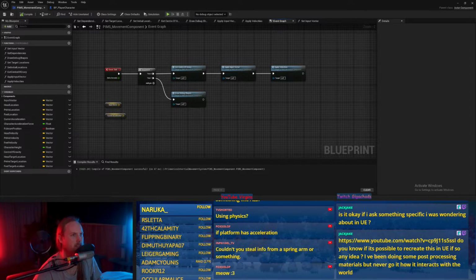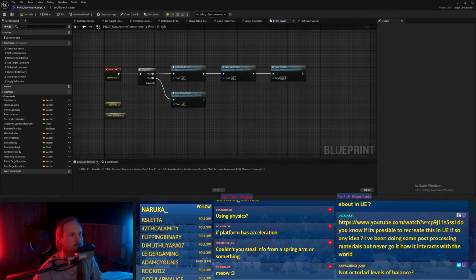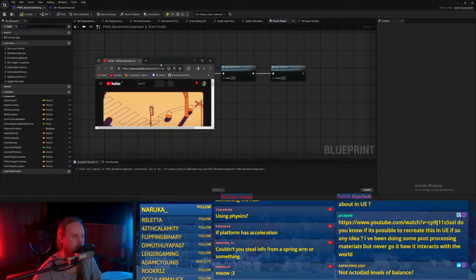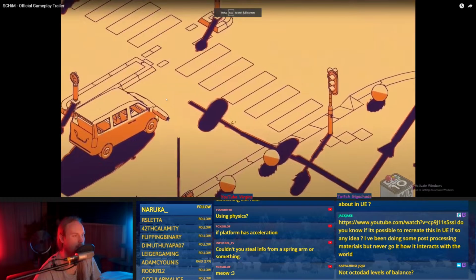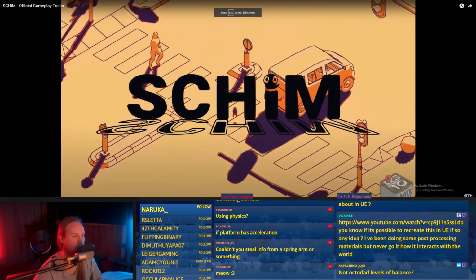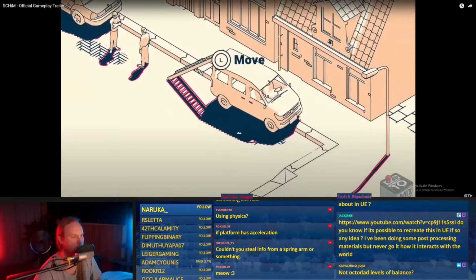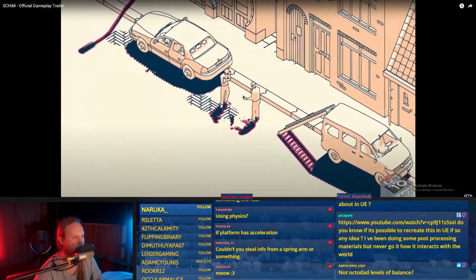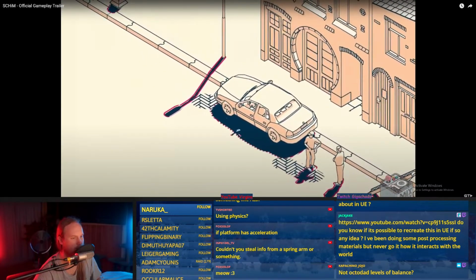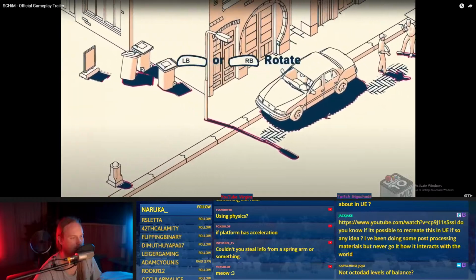Jones, what does it recade this in UE? If so, any idea? Let me have a look. Yes, you could do it in Unreal pretty easy. What is that? What are they?